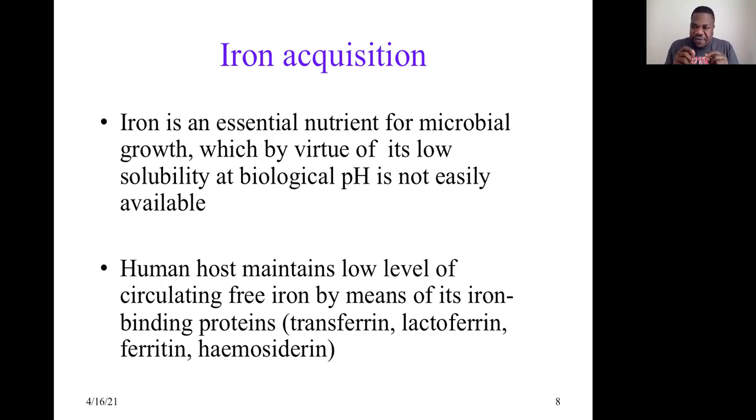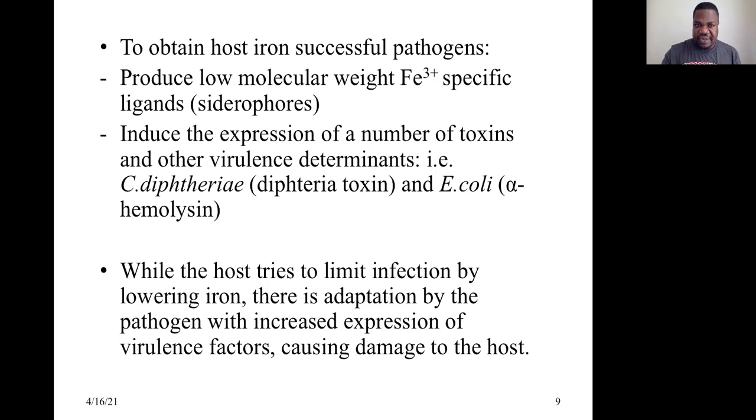You only have very small amounts of iron moving around, because if we had enough of it, the microorganisms would capitalize on those free iron to start replicating and cause infection. So the body is very clever to release iron binding proteins to minimize the amount of free iron in circulation. So iron is a very critical